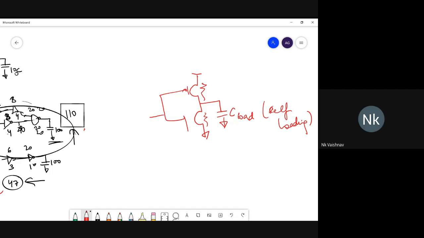Worst case delays, sir. Sorry? Worst case delays. Rise time and fall. No, the first delay model that we studied when we started with delays, in the first slide of the first lecture, we started with the RC models of delays. We said there is an RC model of delay where whichever device is on, this RC comes into the picture and this will define the rise time, fall time, total delay. You remember that? Yes, sir.